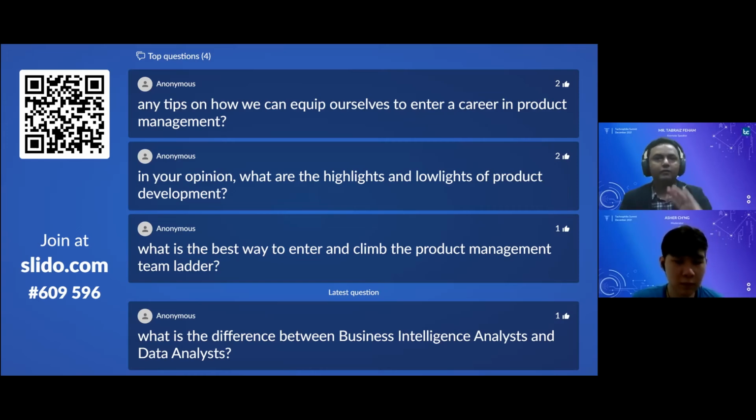So once you have the business acumen, take a user experience subject or course, and then you should look at it from the data perspective as well. You should be hands-on. Maybe take an online course, or if Taylor's is offering it, take the data analytics class, and learn some of those basic tools. So with these three things plus analytical thinking, you should have all the qualities and acumen to develop a good product.